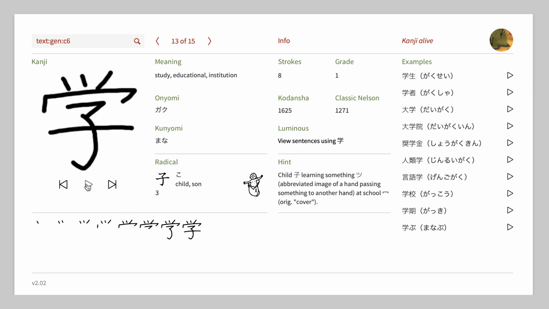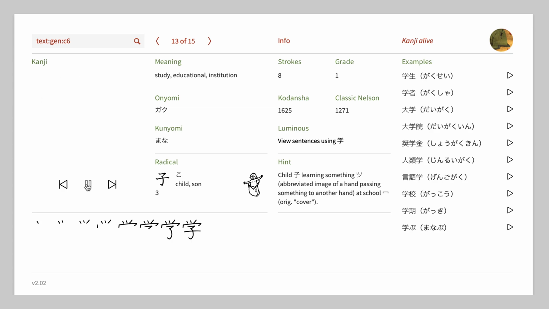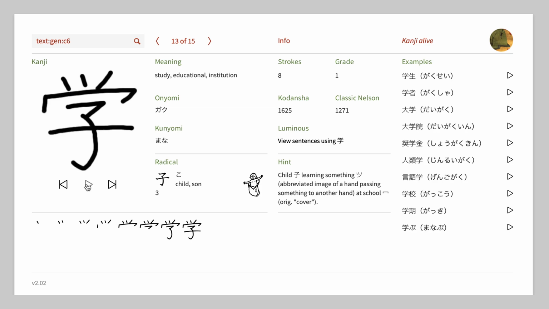Let's go ahead and take a look at stroke order. I like to call this the spiky-haired roof radical. And then on the inside, you have the character for child. So notice the character for child is not 2 strokes, but 3. I don't know what that hint means, but we have gakusei as student, gakusha as a scholar, daigaku, daigakuin, shogakukin is scholarship money,